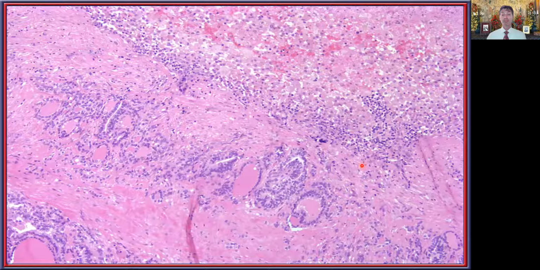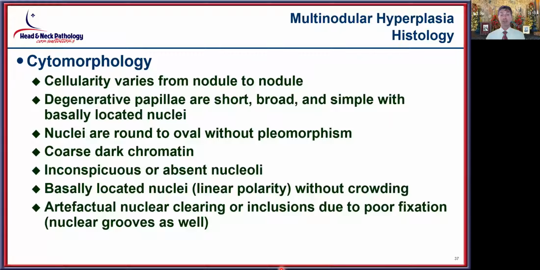to the proliferation. Now, sometimes with either fine needle or just degeneration, you can see that there is a histiocytic component here with fibrous connective tissue, and immediately adjacent to these areas, it is not uncommon to have slight nuclear enlargement or even some nuclear chromatin clearing, but still that does not equate to the presence of a papillary thyroid carcinoma. From a cytomorphology standpoint, the degenerative changes are usually what are most easily identified with these very broad and